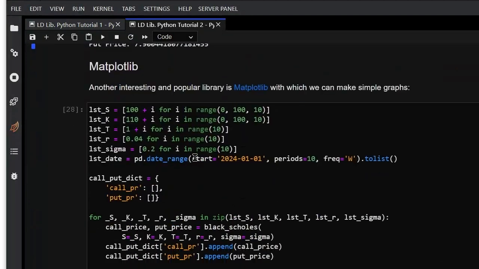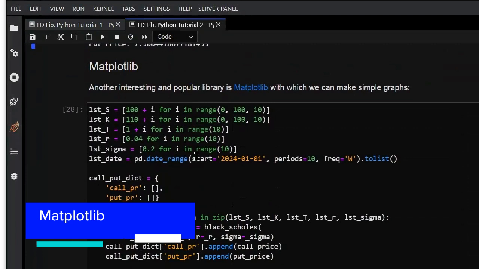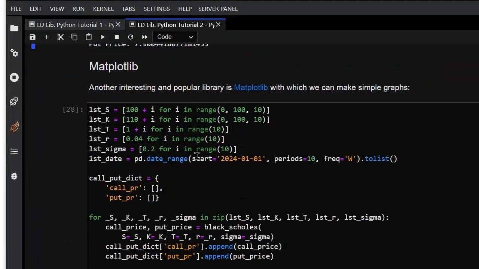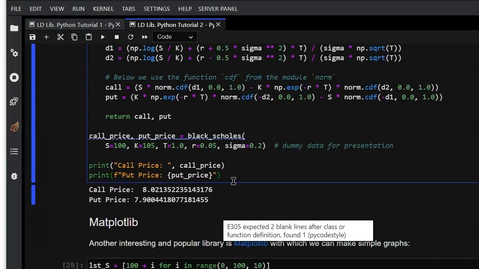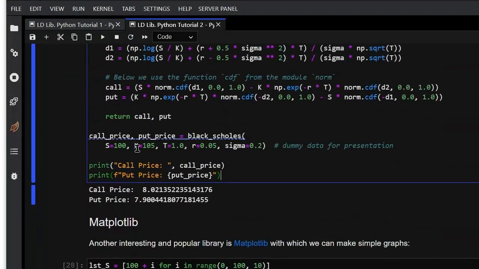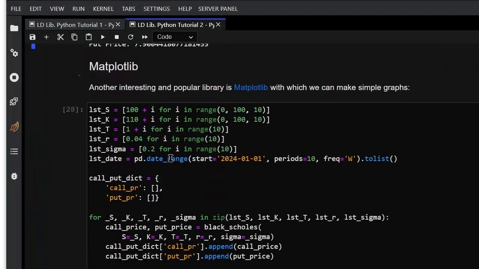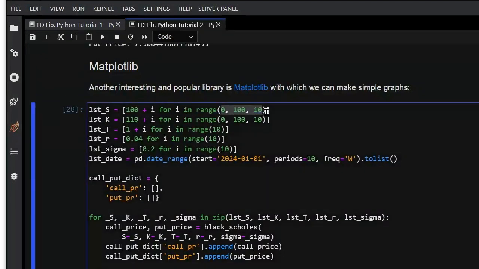Last but definitely not least is matplotlib, which is one of the simplest graphical libraries out there, which you can use to graph. Let's say we were to use our function here, our Black-Scholes model, but not just with one stock price and one strike and one time to maturity, but let's use 10 of them. Let's say we go 100 and 100. Let's say 110, 120, 130. We're going up in tens, using this range function right there,